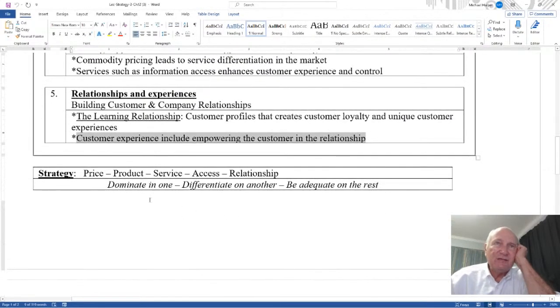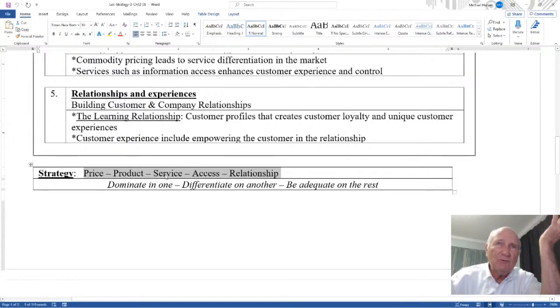Okay, now the last strategy down here: price, product, service, access, relationship. All those are important, but which one do you pick? Which one becomes your strategy? The price, the service, the product itself being better than any other product, the access being immediate, or do you just look at your relationship? Which one's important? Well,